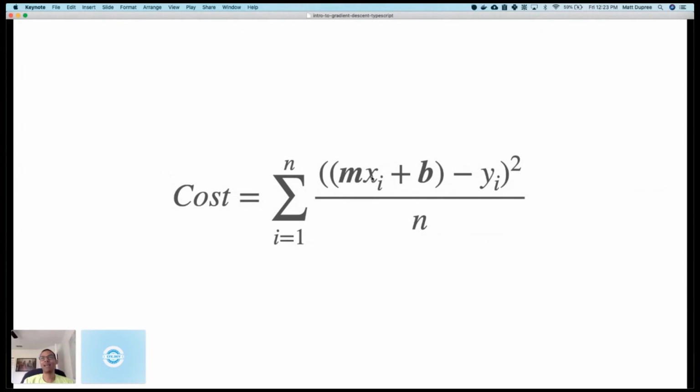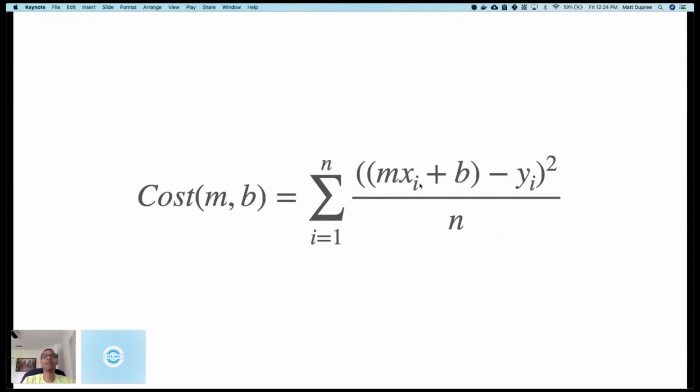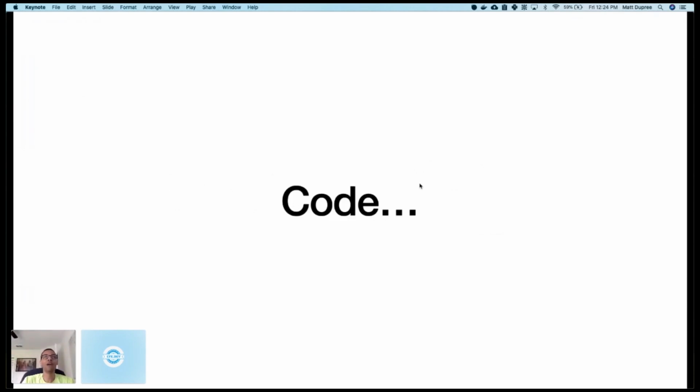If you look at x sub i, that's the Metacritic score for a particular video game, and y sub i is the global sales for a particular video game, and n is the number of values in the data set. So m and b are really the only variables here, and those are the things that we're trying to figure out. So we can rewrite this cost function to highlight that it is a function of the variables m and b. Now that we've clarified that,